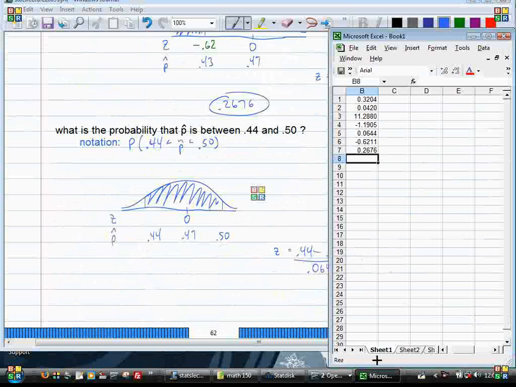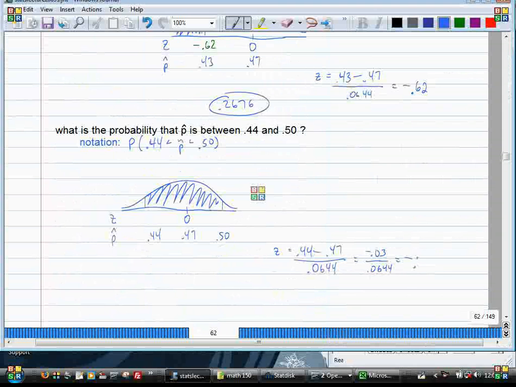Let's see what that is. Negative 0.4658. So that's this z-score. Now what do we have to find? Find the other z-score. So you get z equals,